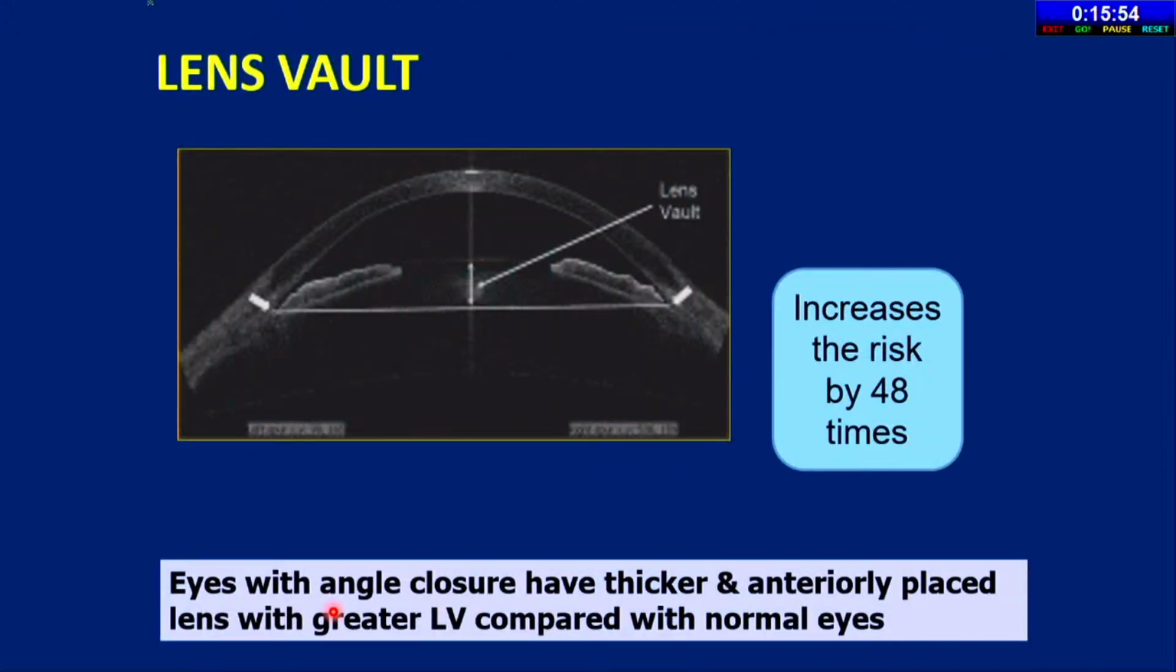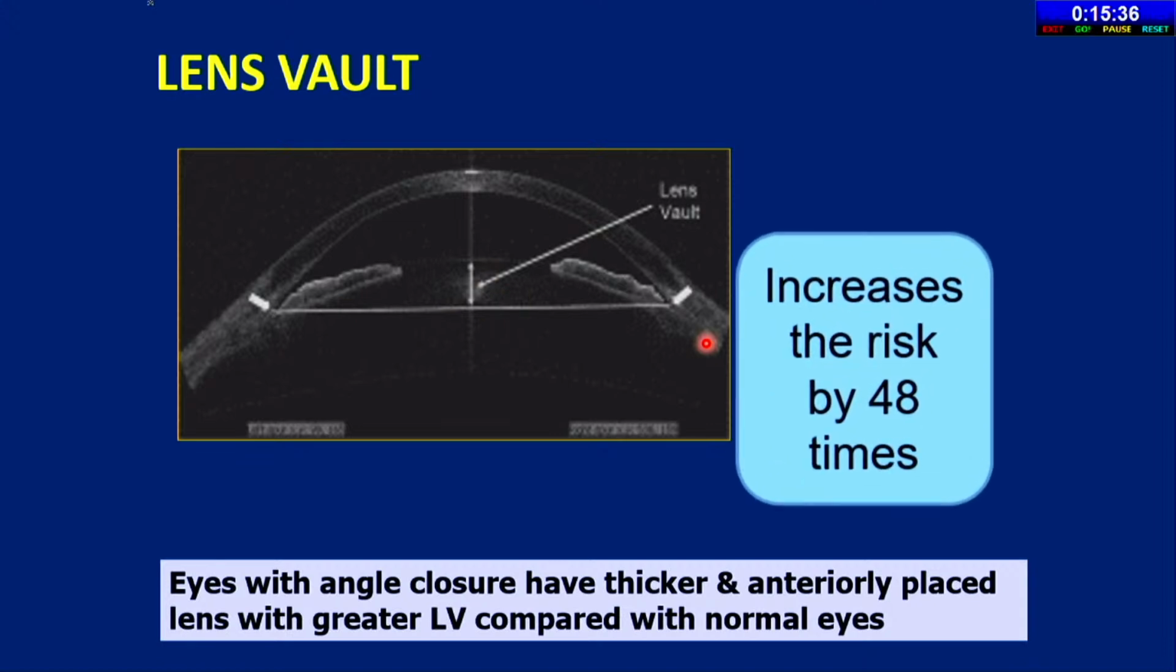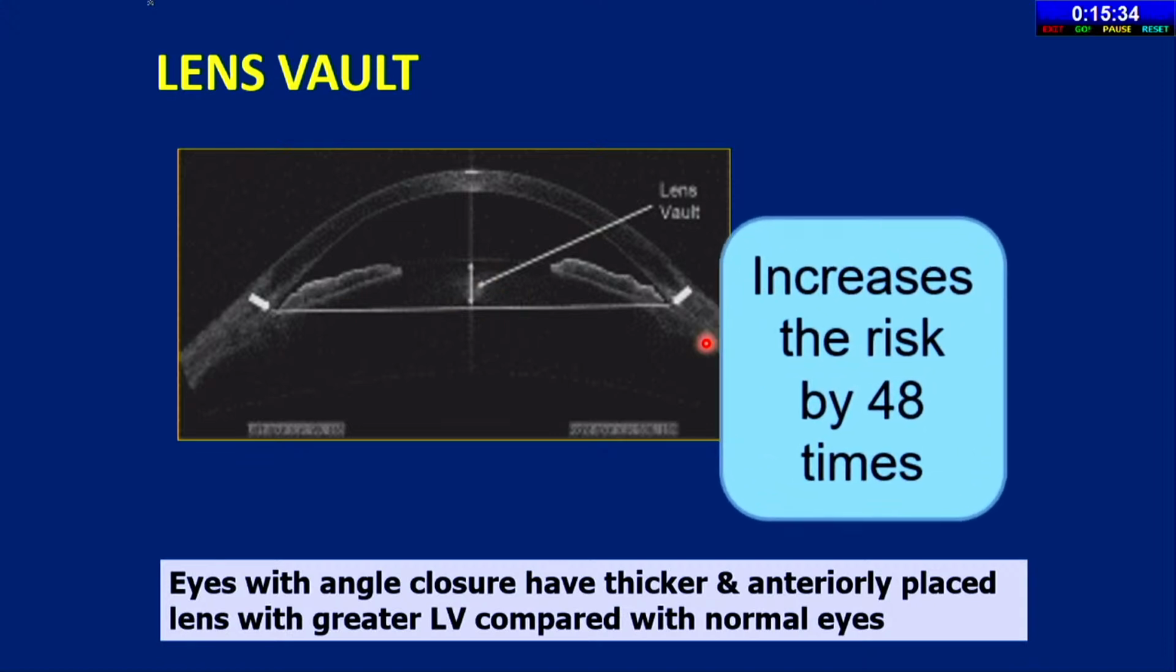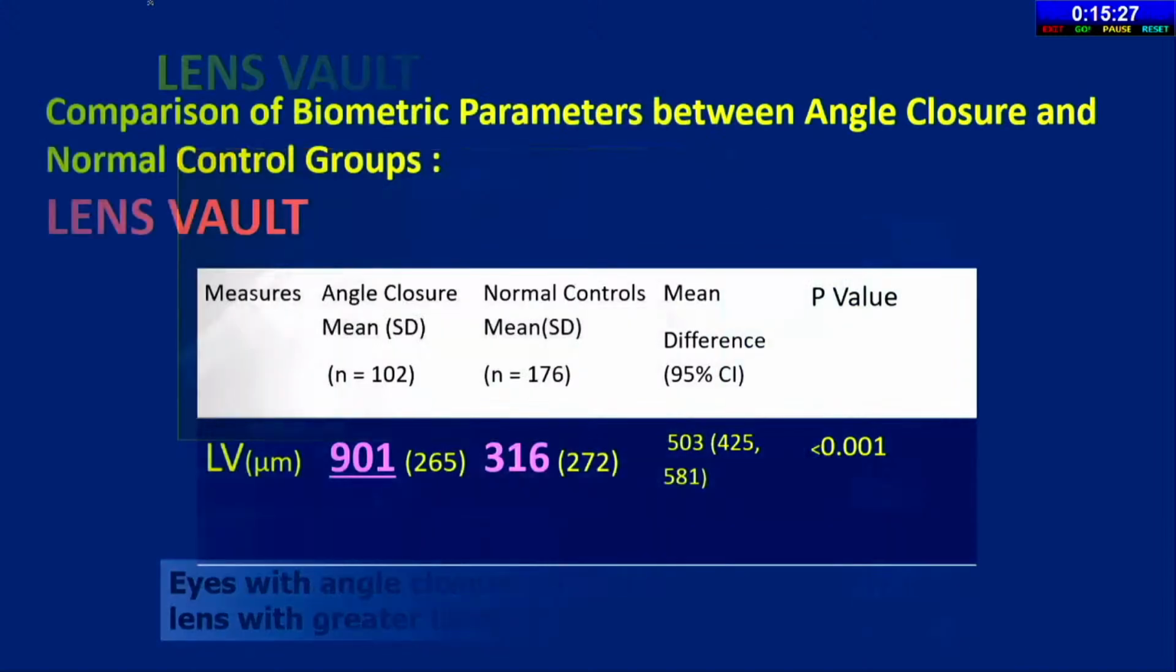Another factor is lens vault, which we now better understand with the advent of ASOCT, where we can actually see how much is the lens vault. And in eyes with angle closure, they have thicker and anteriorly placed lens with increased lens vault, and which increases the risk of angle closure by 48 times. So I think this is one of the most important factors which you should look for when the PI doesn't relieve the